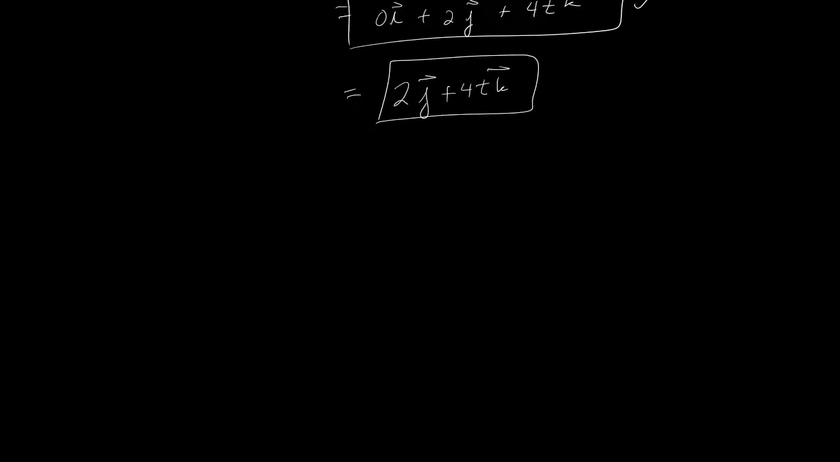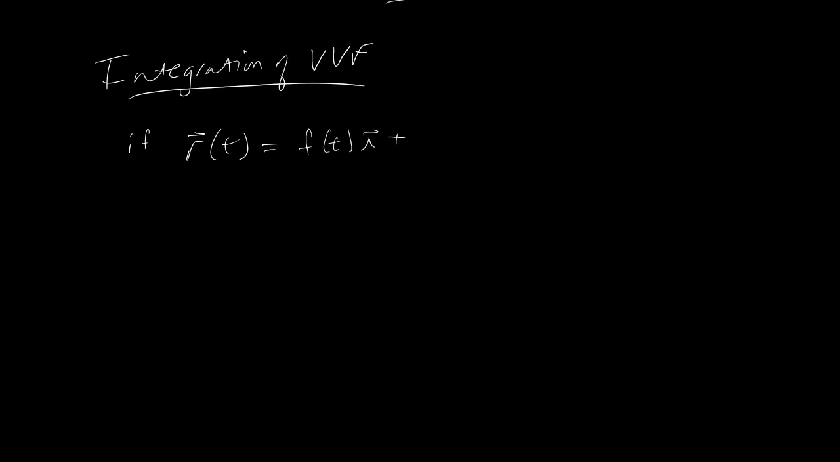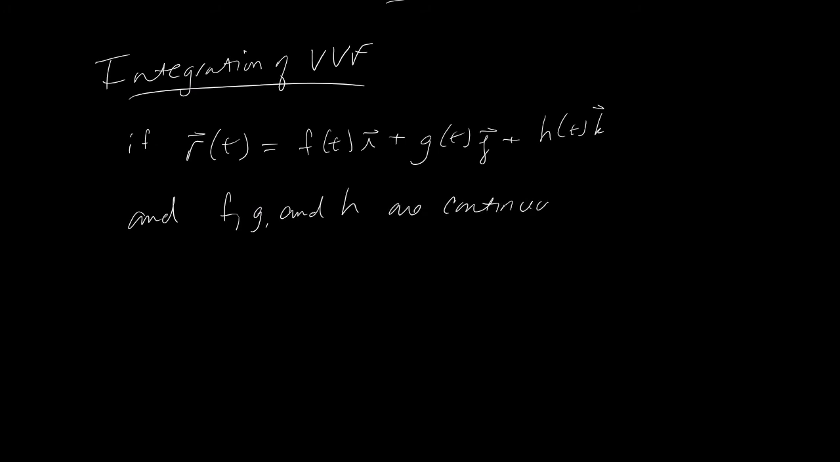And now on to integration of the vector valued function. Okay, so let's go ahead and define that right quick. If you have r of t, let me say if r of t is equal to f of t in the i direction plus g of t in the j direction plus h of t in the k direction, okay, and f, g, and h are continuous on the interval from a to b,